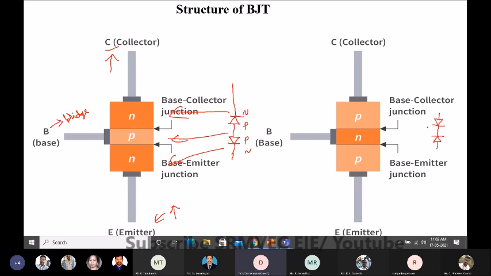The basic functionality belongs to the diode, so diode principles must be well known to you. Here is how the doping level works for N type and P type. We know N type is made by adding a pentavalent impurity, an element whose outermost valence shell has 5 electrons. Four are used for covalent bonding and 1 electron is in excess.